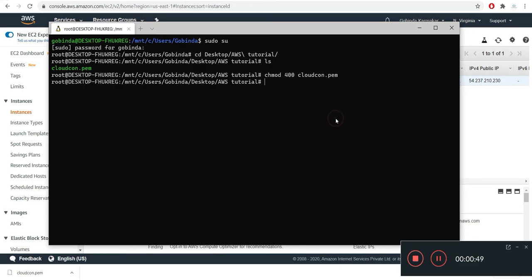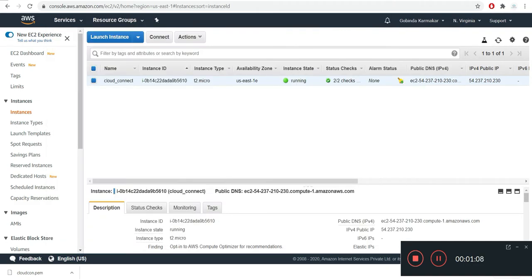So now we can SSH to this instance. To do that, we need to use a command like ssh -i our cloudcon.pem. The username of our instance is ubuntu@ and we'll be using the public IP of that instance, not our personal public IP.